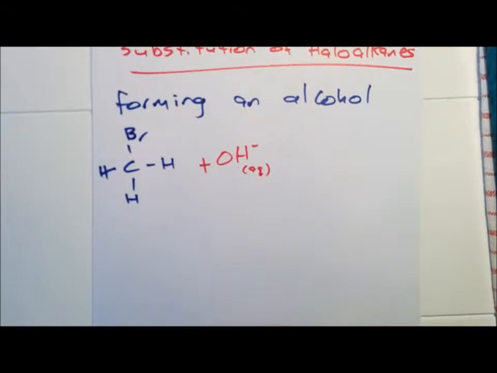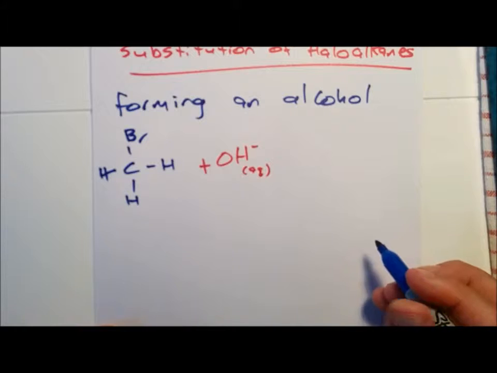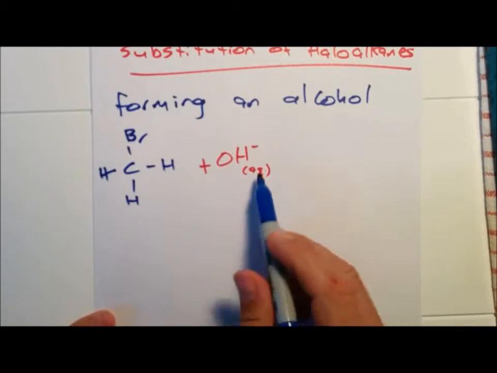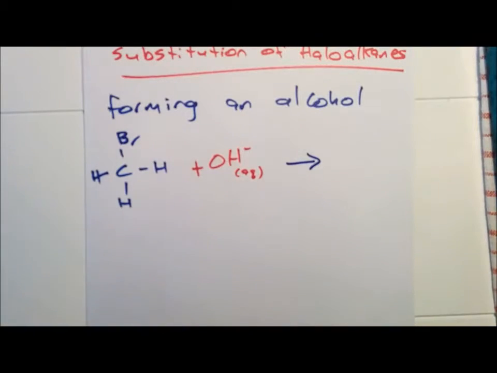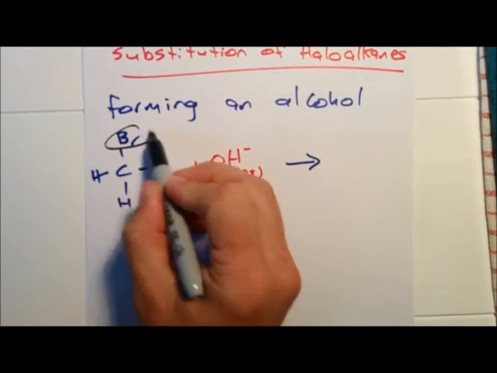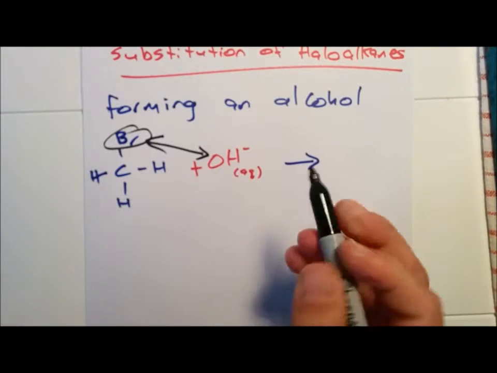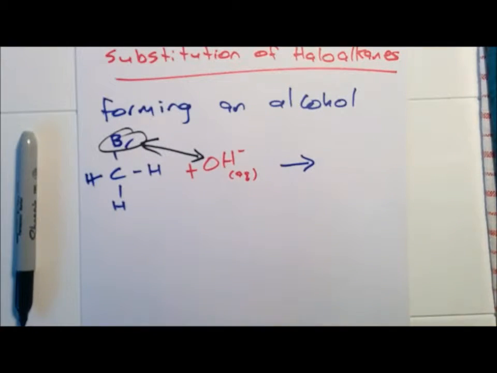So just some sort of hydroxide, sodium hydroxide, potassium hydroxide, whatever it is, dissolved in some water, and you end up substituting the Br for the OH. So you get